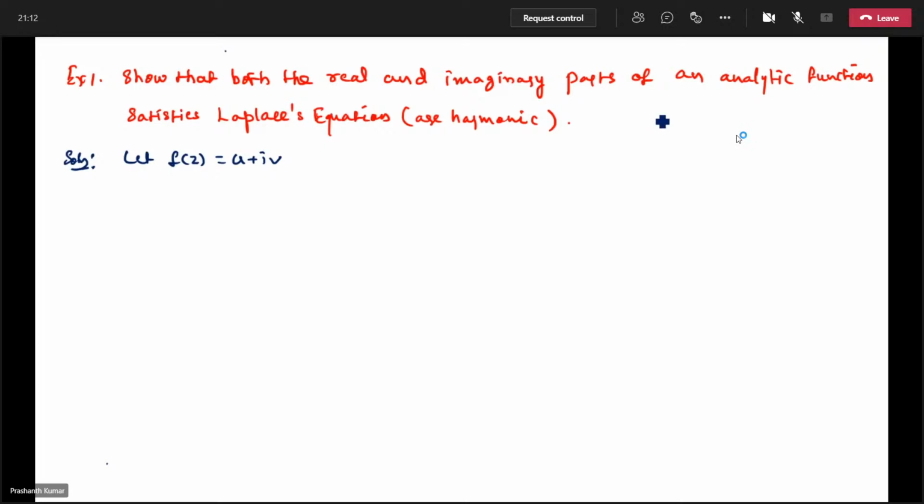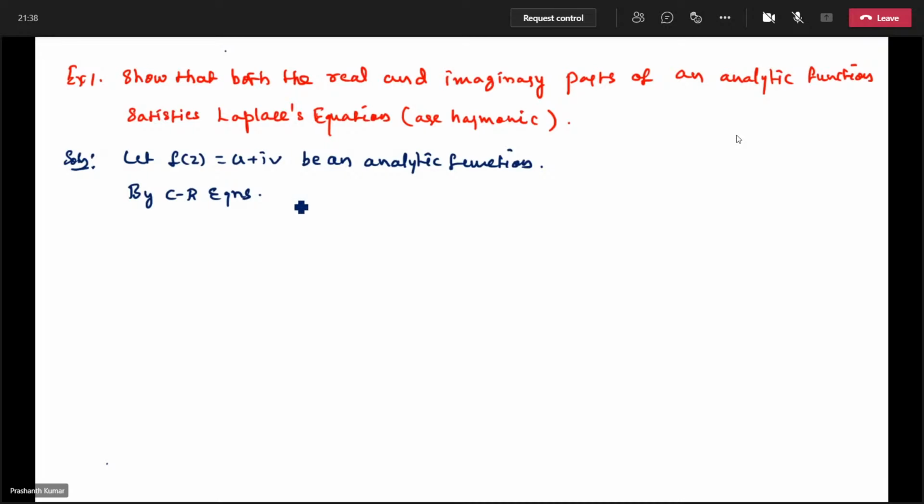Therefore, f of z is equal to u plus iv is an analytic function. This is what I am taking. Okay. So by CR equations, we know that